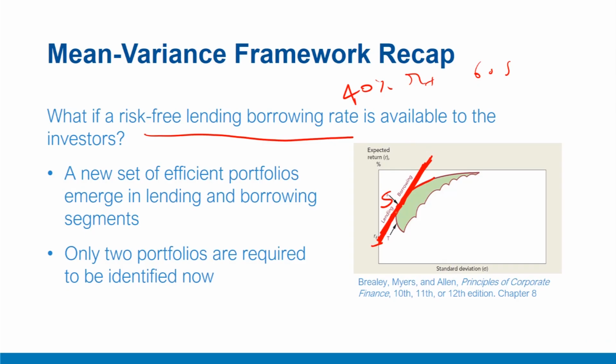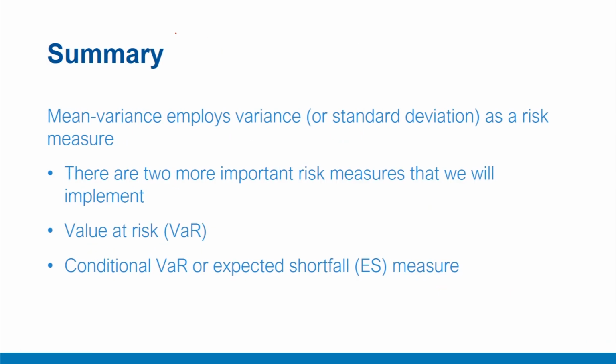now irrespective of our investors' or clients' risk profile, whether they are slightly more risk taking, less risk averse or more risk averse, we only need these two portfolios RF and S to offer them a combination or a portfolio of their taste and preferences that is desirable to them. So we have separated the decision of this portfolio RF and S from the investor's risk preference. That is why it is also called separation theorem or two fund theorem. To summarize,